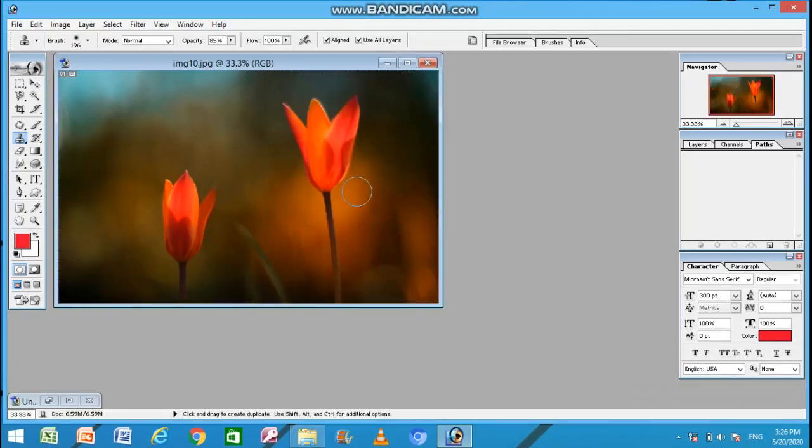Some more tools are there in the retouching tools category, that is the blur tool, sharpen tool and smudge tool. Let us use first the blur tool. This tool is used to soften the edges of the graphics. For example, you can see it more clearly when I'll increase the zoom.